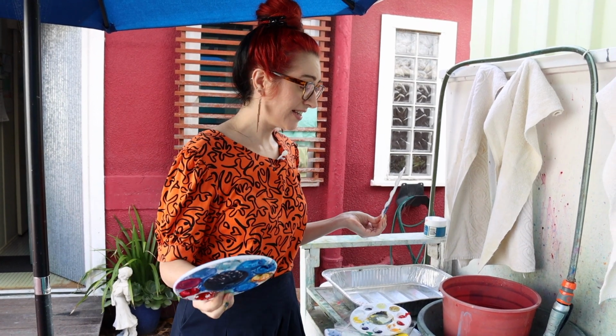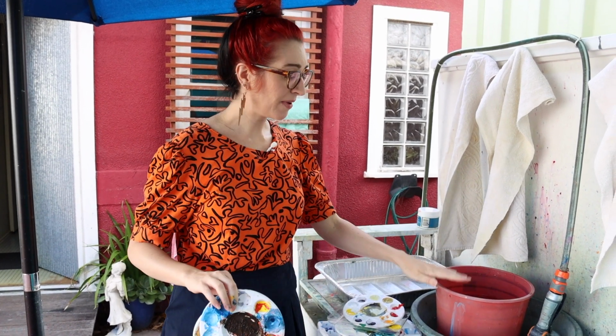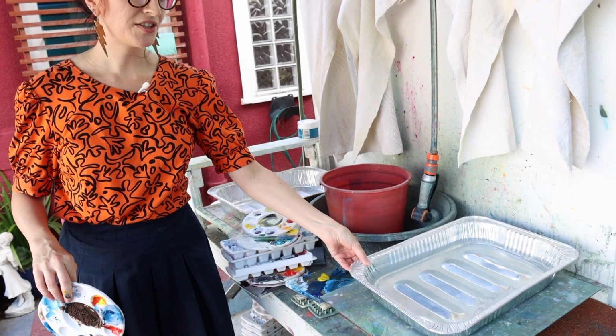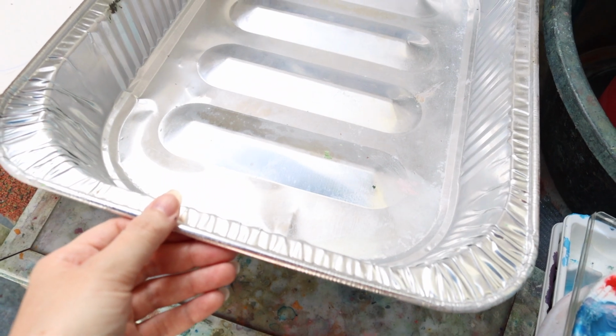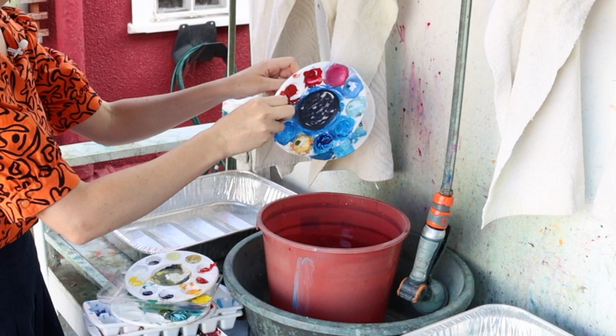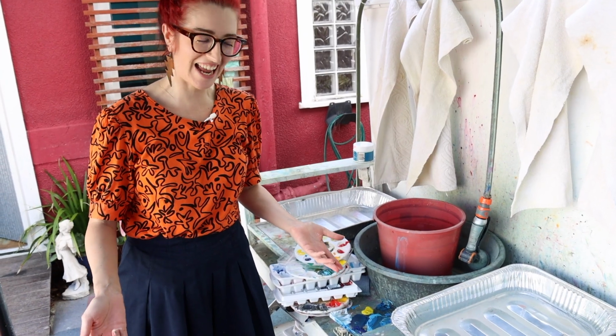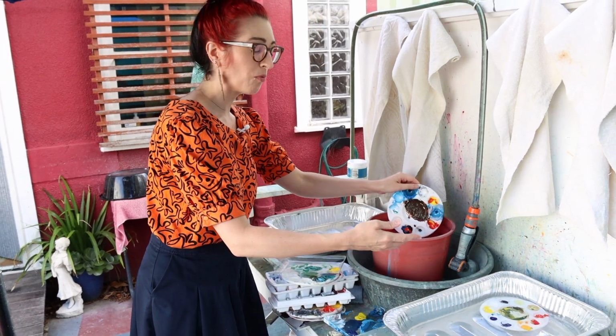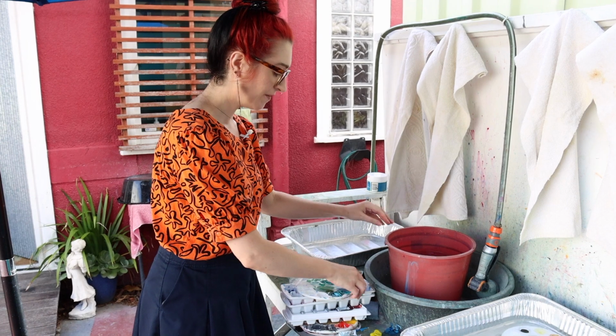And this really is the easiest bit. I've got a tray of water here. These trays are just like the barbecue trays, you can get them from supermarkets, they're very cheap. Fill it with water and how easy is that? So the thing is, because acrylics are a water-based paint, if you put them in